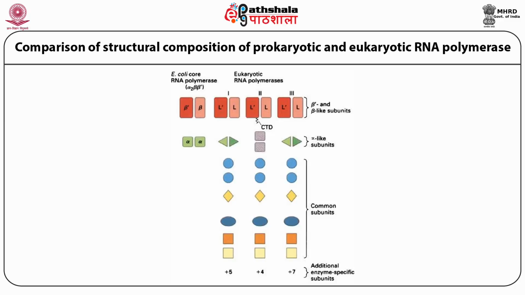Holoenzyme is the actual functional enzyme which helps in the opening up of the DNA helix by melting a short stretch of the DNA helix. This untwisted form of the promoter is known as open promoter complex. The sigma factor can leave the transcription bubble once the RNA chain reaches 8 to 9 base pairs. The released sigma can be used for initiation by another RNA polymerase. Further elongation of the RNA chain can proceed without requiring the sigma factor.